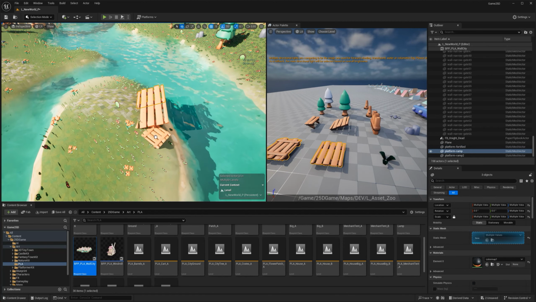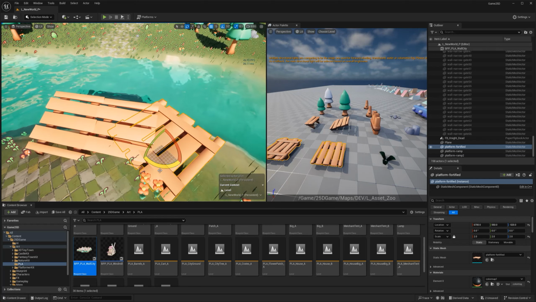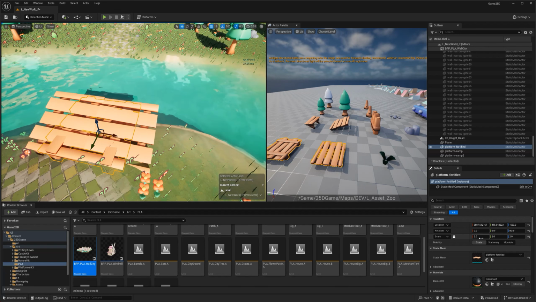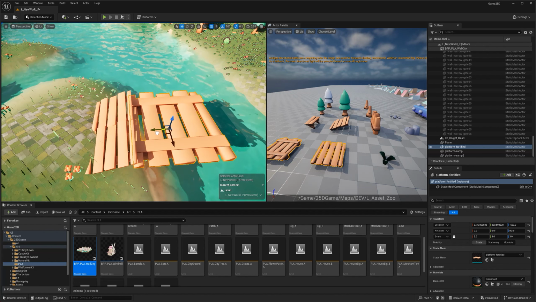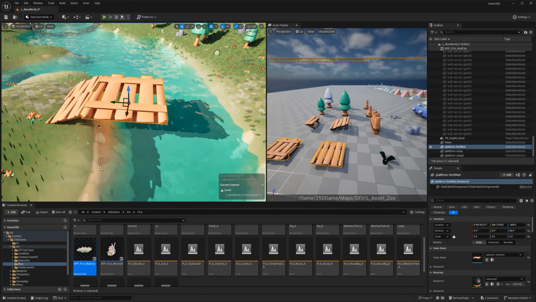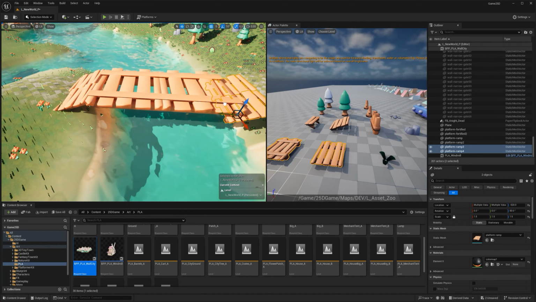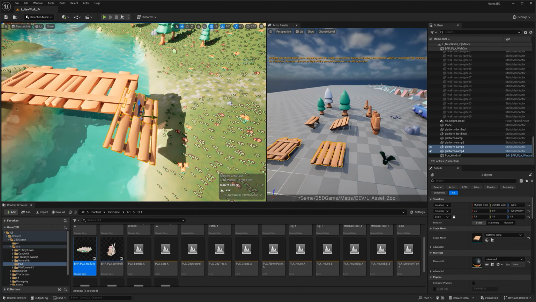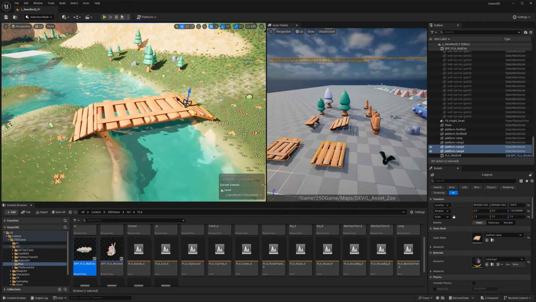And so I'll get this one. How about two? Maybe I can use one single one for the whole thing. 2.5. It might actually be 3. Yes, 3, because the other one is 2.5. Sorry, it's 1.5, so this one can be 3. There you go. And I can just go here and alt click and drag and just rotate 180 degrees. And that's good enough of a bridge for me.